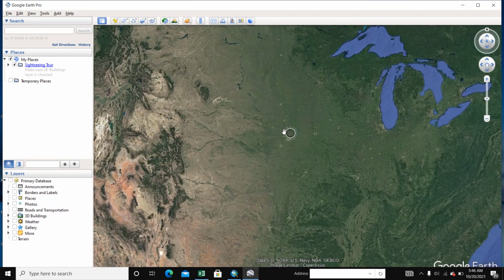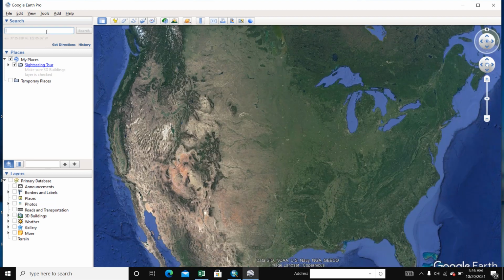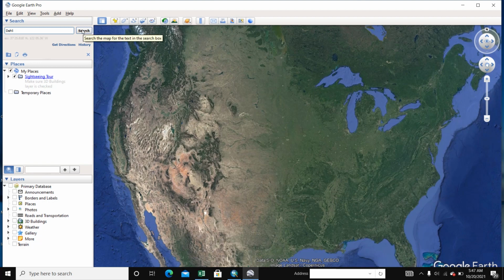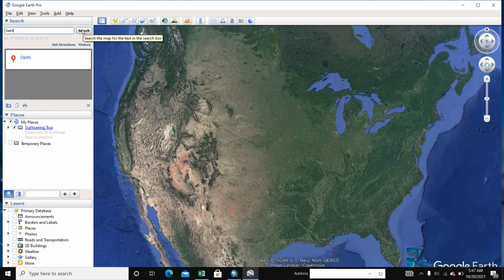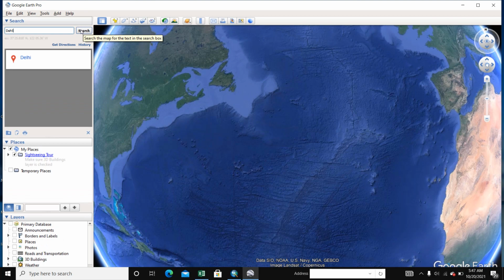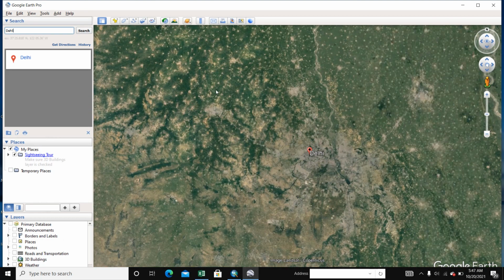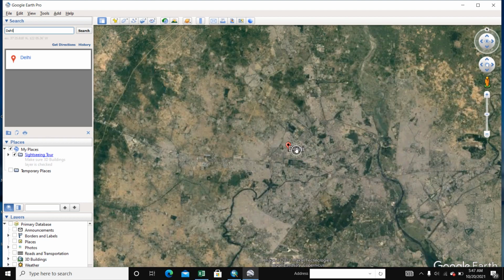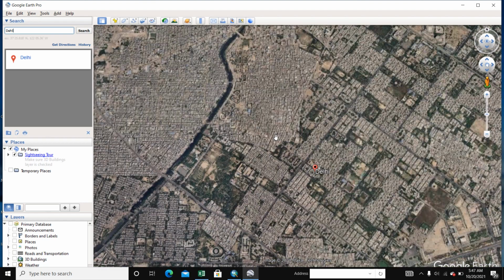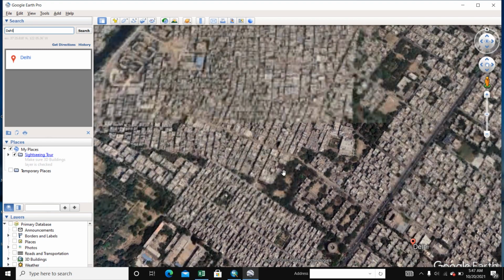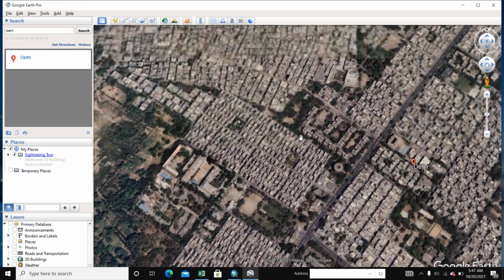So we go to a particular location. We write here Delhi and go to the particular location.